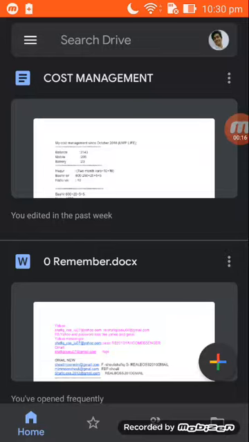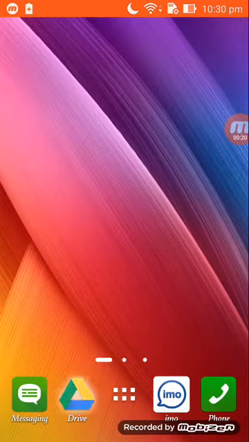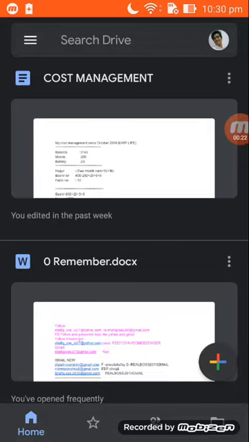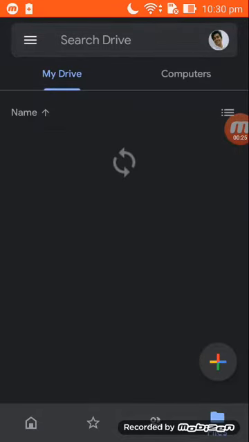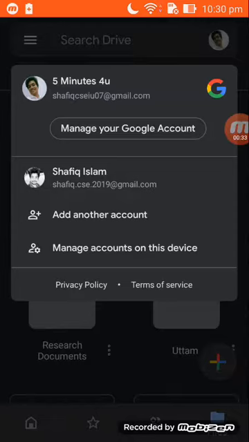First of all, you have to open your Google Drive app. Yes, I am opening my app. This option shows this. And there is no option to log out from this Google Drive. So if you want to log out from the device,